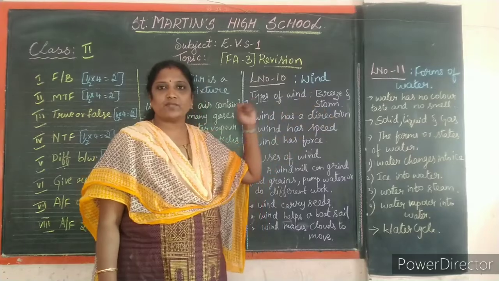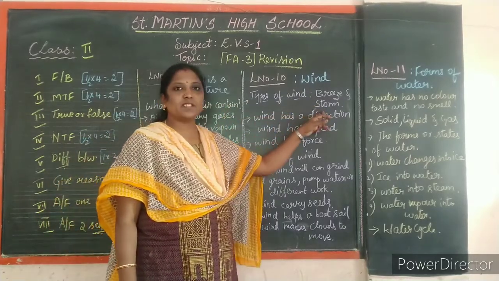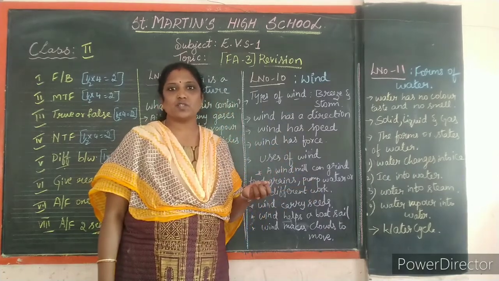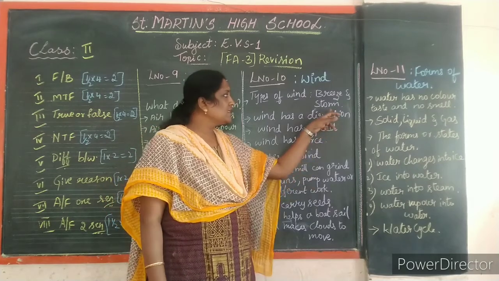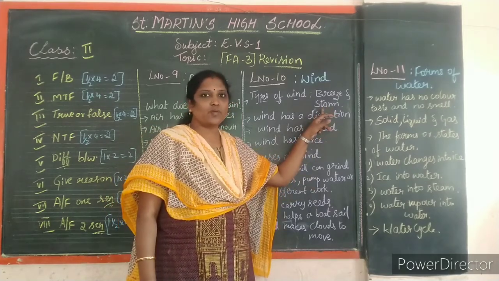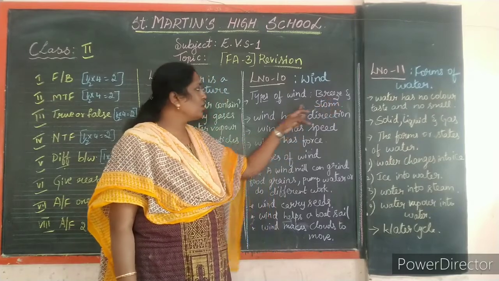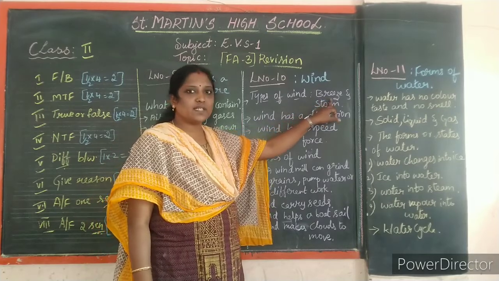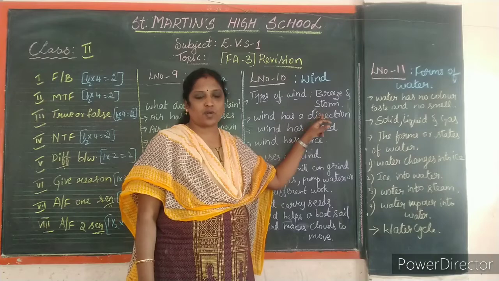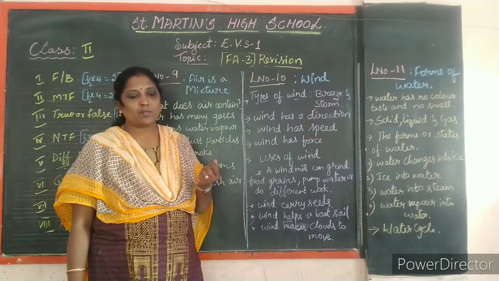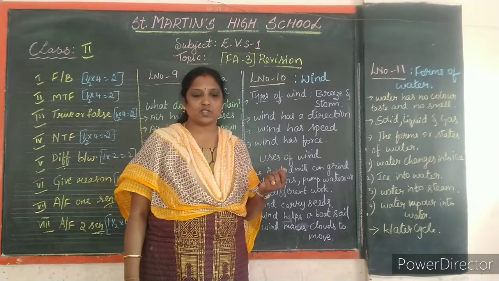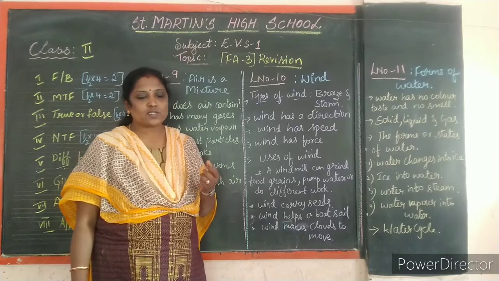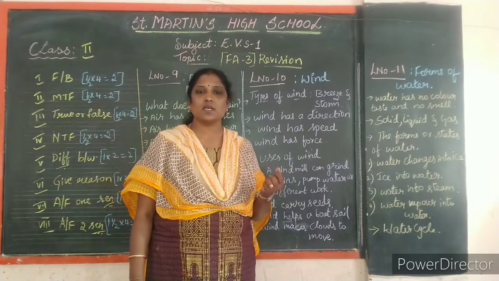You can see during the rainfall you will be having a storm, that is very fast wind. It may uproot the plants and it may destroy the buildings also, children. This is called a very strong wind. Here it is a very gentle wind. So two types of wind are breeze and storm. Breeze is a gentle wind, and storm is a very strong wind. Okay. So the storm can uproot trees and damage buildings also. Storms at sea can sink ships also, children, and we should stay safe inside our house during this very